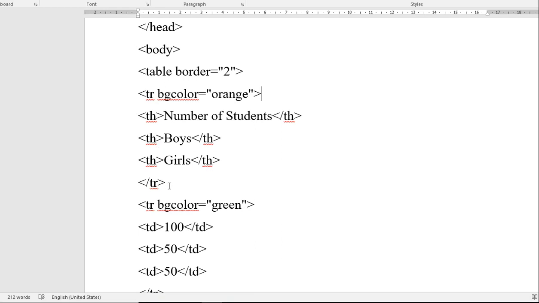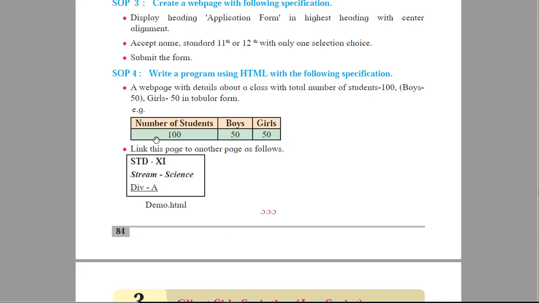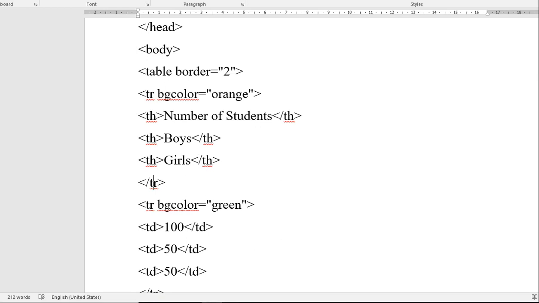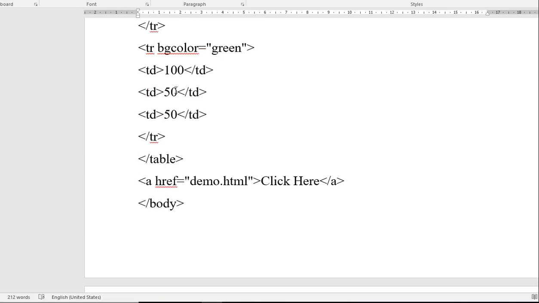Once all the 3 columns are created, the tr tag which is opened here gets closed by using /tr. So in this way your first row is created. Now in the second row you can see in the output the values have background color green. So again you will create one row by using the tr tag with attribute bgcolor and the value of that bgcolor will be green. That is, the second row is created with background color green.